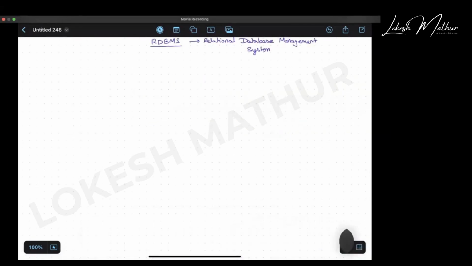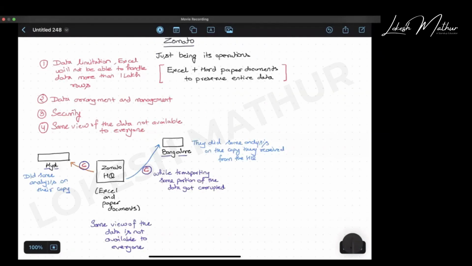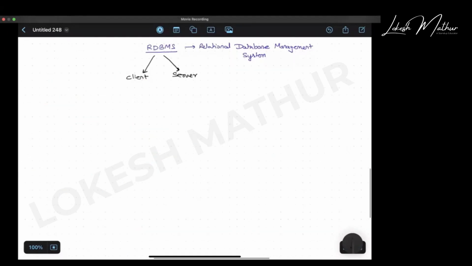RDBMS comes with two major components. One is your client, another one is your server. Now, what was server and what was client? पहले server समझते हैं. What is server?